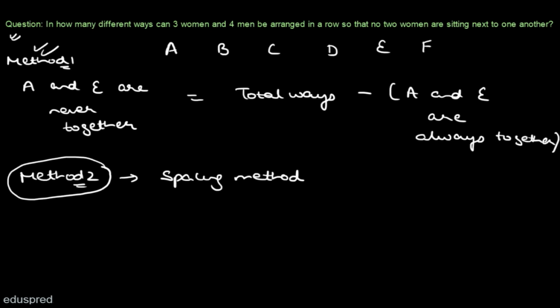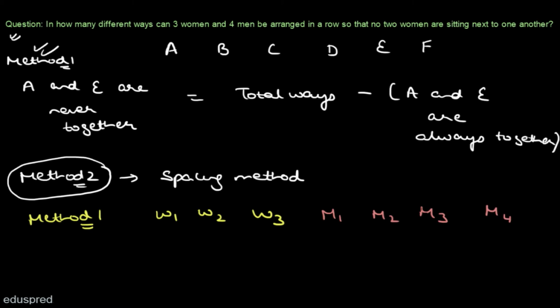So the first instinct that comes to our mind when we see this type of question is once again we can use these 2 methods to solve even this question. So I'm sure you must have liked method number 1. So your first instinct would be to try method number 1 to solve this question. So let's do that. Okay, so what we have here is we have 3 women. So let's label them W1, W2 and W3. And we have 4 men. Let's label them M1, M2, M3 and M4.